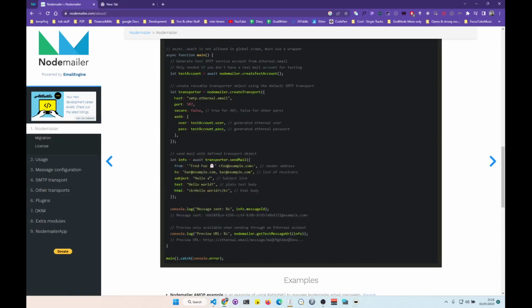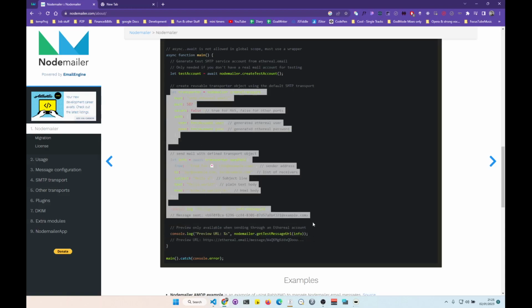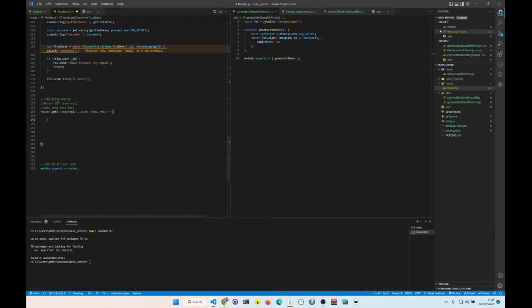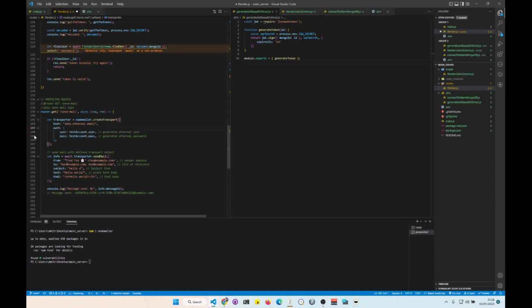Now we can copy and paste the code. We need everything from here to here. We don't need the final line. Okay, so we'll copy and paste this. You do not need these two lines, you can just remove them. And then here we just put